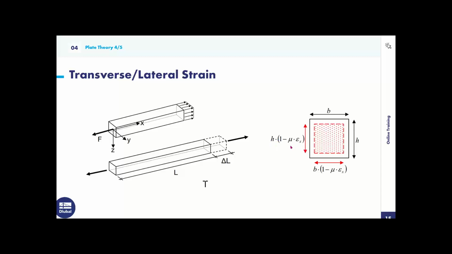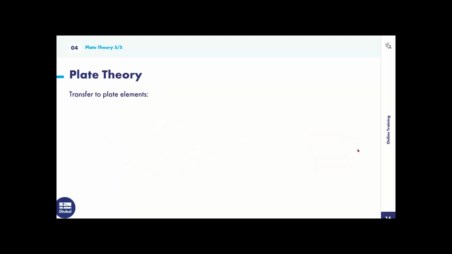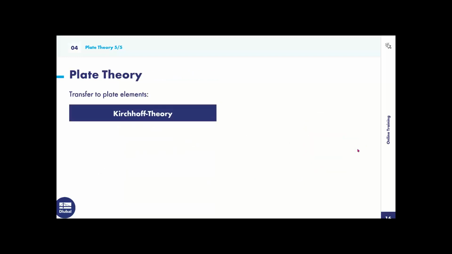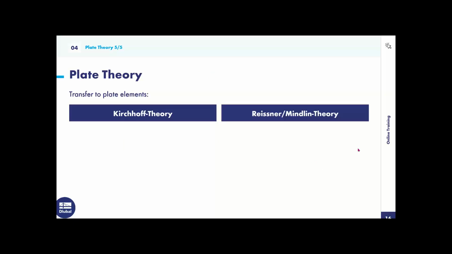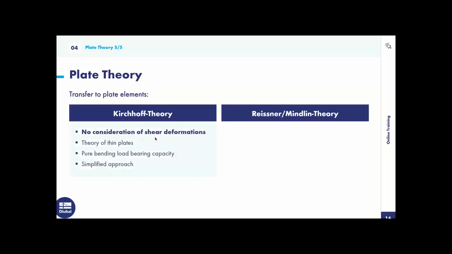So basically, the factor mu here is what takes this into consideration for our height and width. And just to summarize, for the Kirchhoff theory and Reissner-Mindlin theory, Kirchhoff normally yields great results when very thin plates are used, for example, concrete slabs. You also have to keep in mind that this only considers pure bending load-bearing capacity, and this is basically a simplified